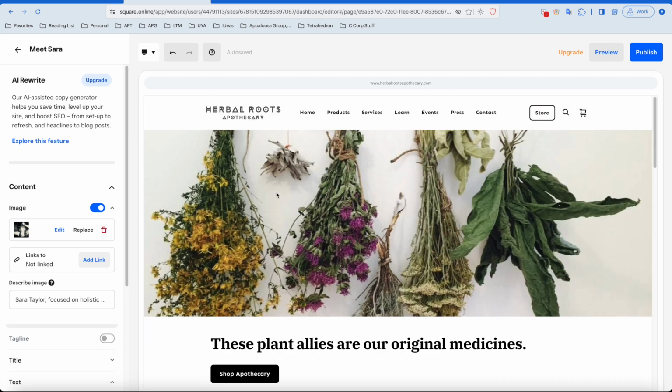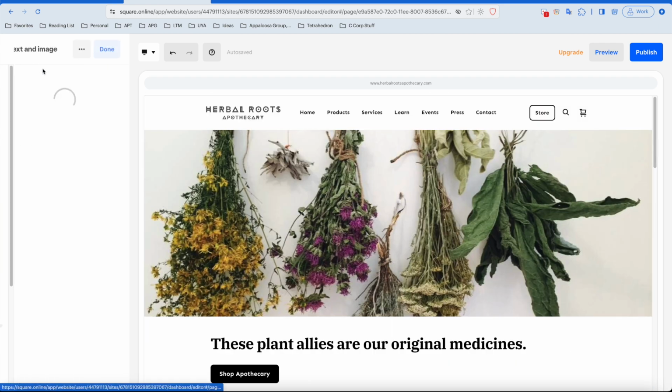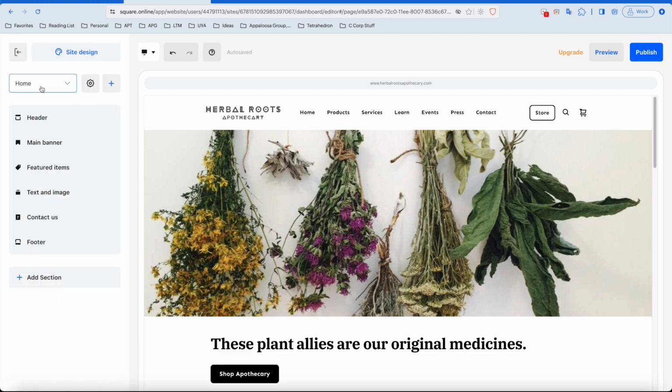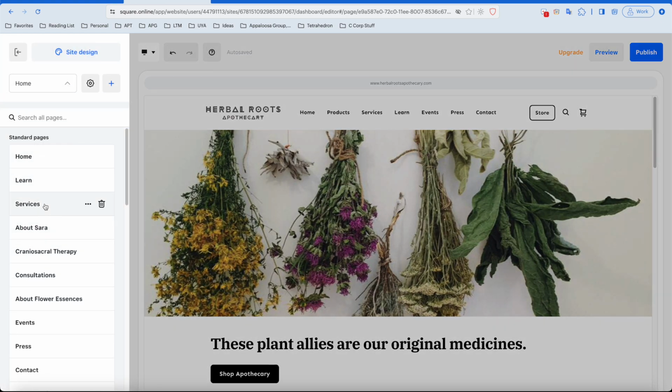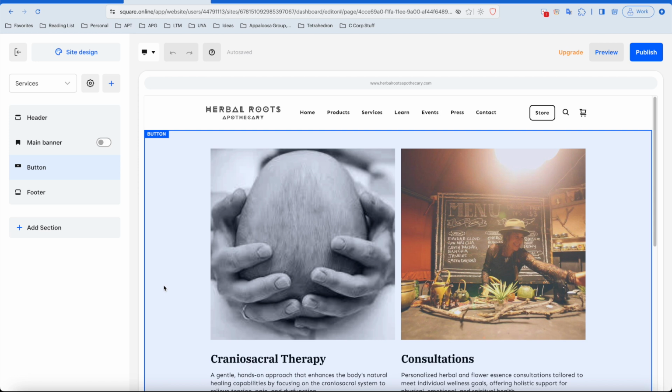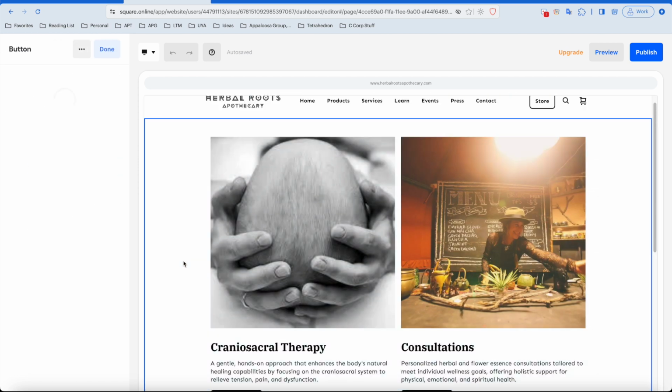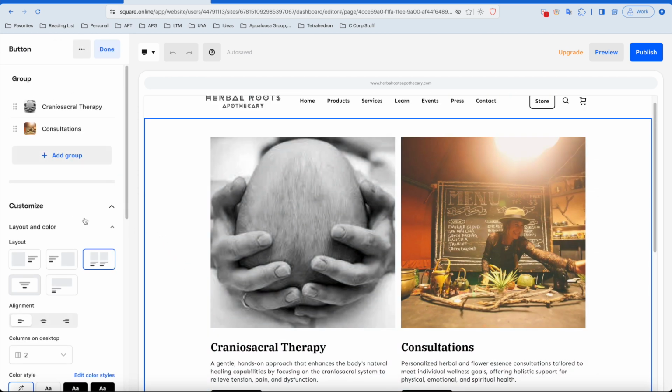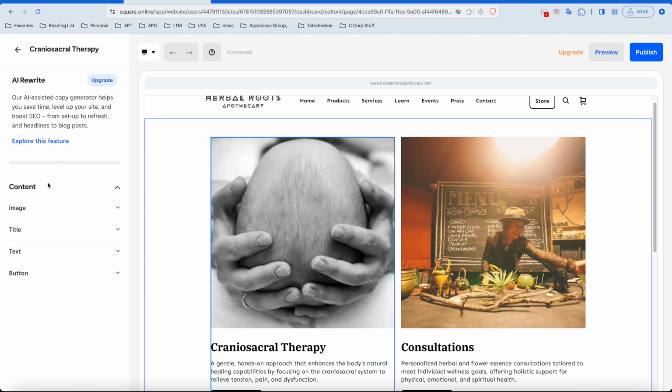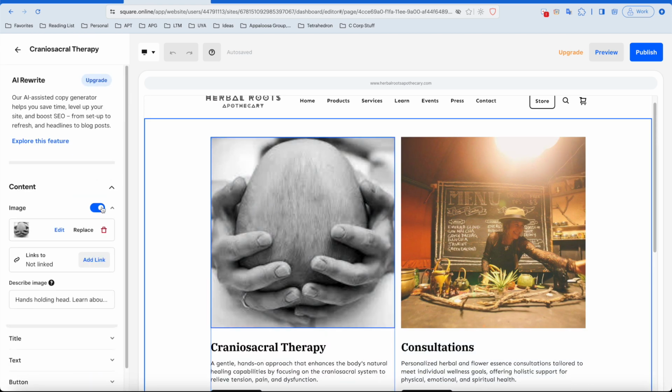Those are featured items. I just have to find one real quick. I believe I have one on the services page. Yes, I do. So there's also this is a button block, but you see how there's multiple images in the same block, and then there's multiple groups. So what we can do is go into the image, and we can click on it,